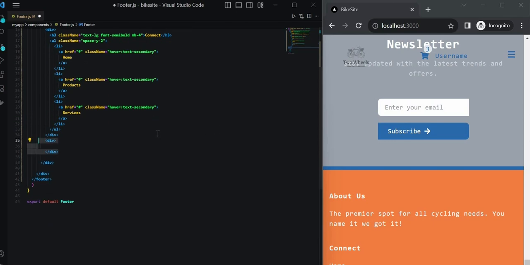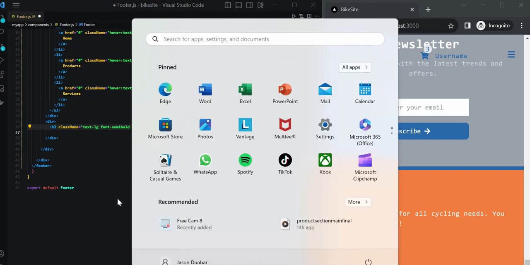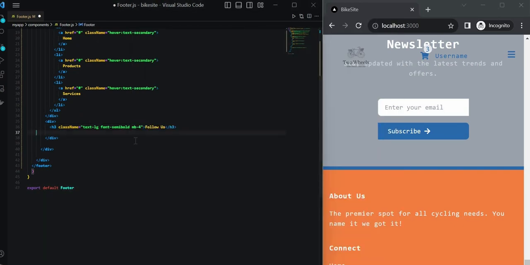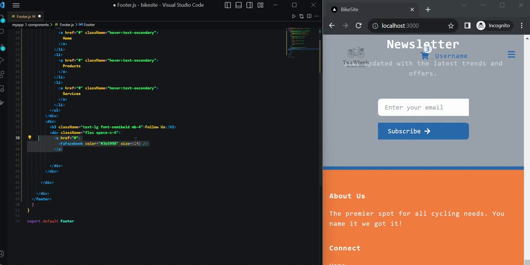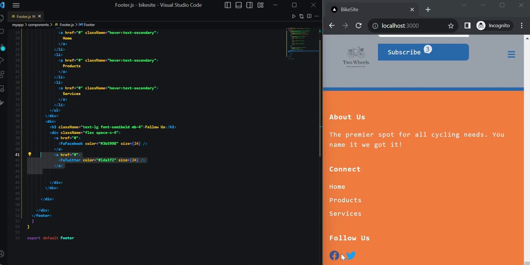And outside of that div that we just created, we're going to have another one that's labeled follow us. This is going to show our social media icons, and they're not connected to a social media site, but you're more than welcome to do so if that's something you choose to do. So we'll place these in a div, and the first A tag will have the Facebook icon. The next one will have the Twitter icon, and if we save the file, we'll see them listed here,